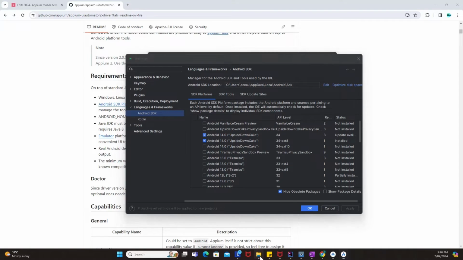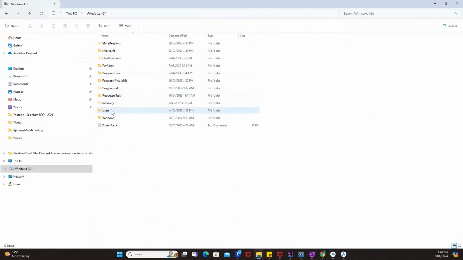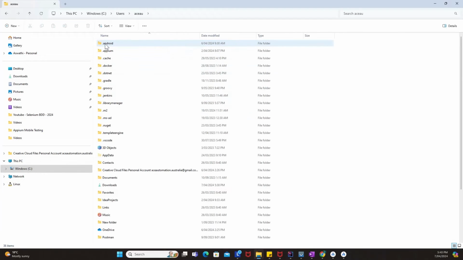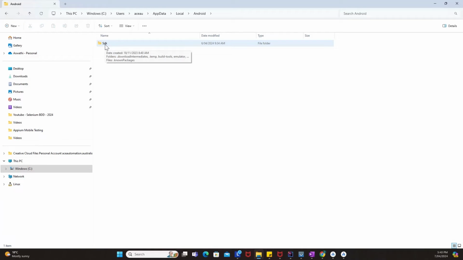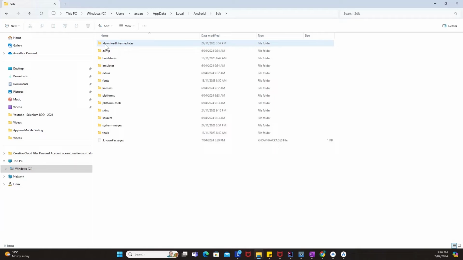I'll go to C drive, then users, then AU, then AppData, then Local, and there is a particular folder which is SDK. This is very important for us to understand whether the SDK is really installed in our machine or not. If you click on this SDK, you might have noticed one particular folder which is platform-tools. We had already copied this platform-tools